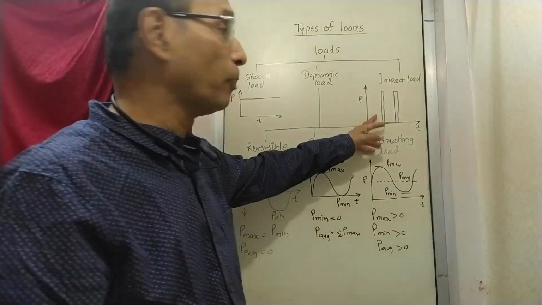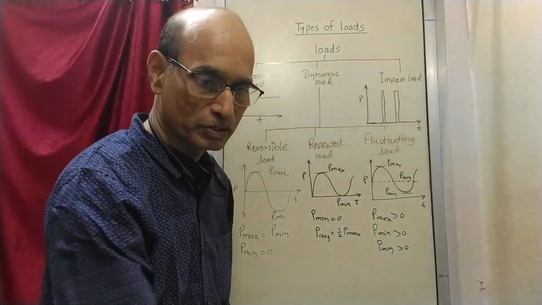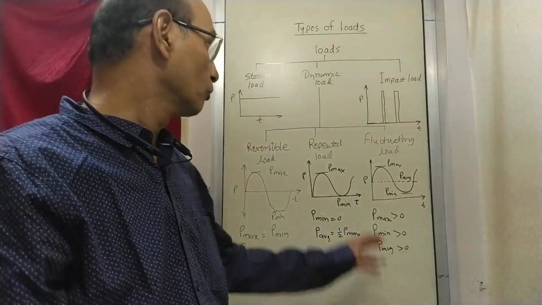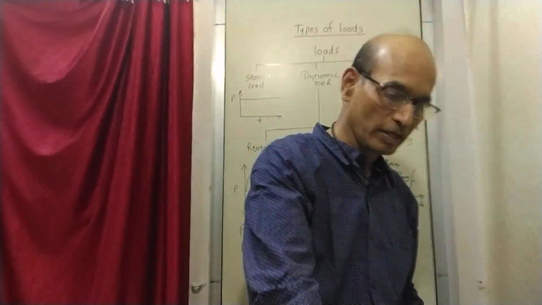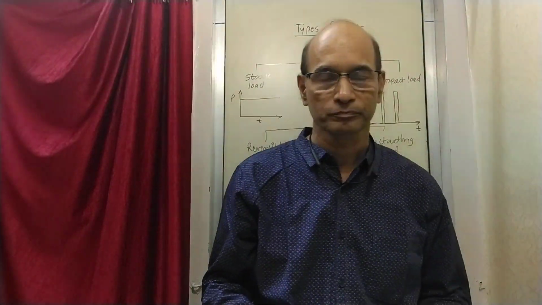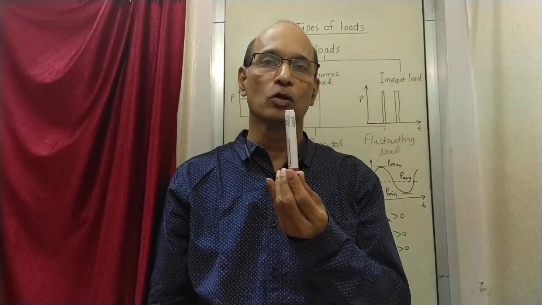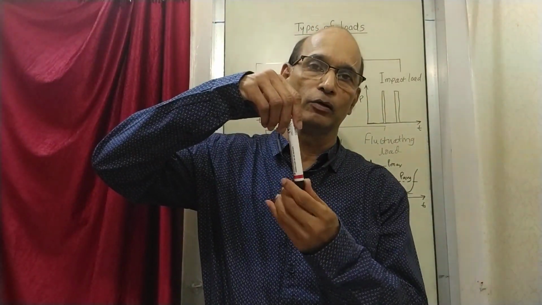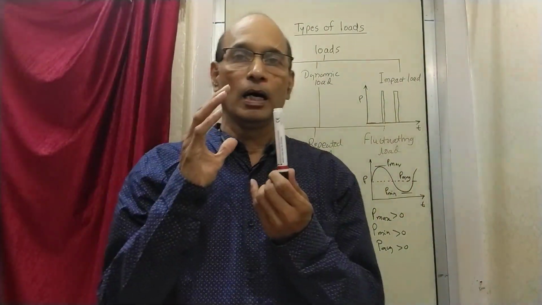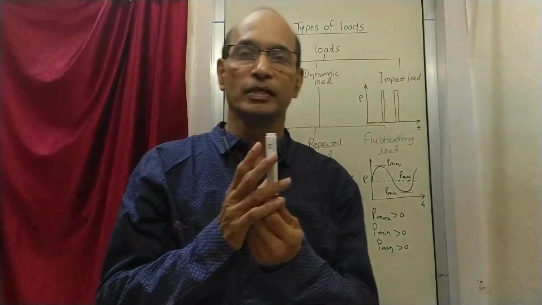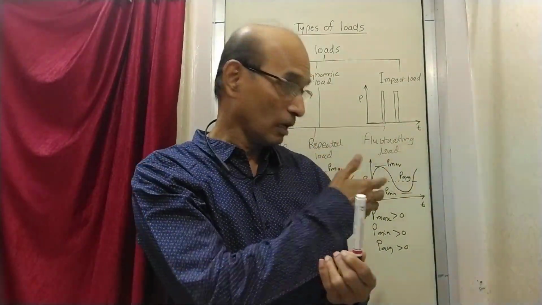So that is the impact load, and they are the three basic types of loads which we have just now seen. Now let us see what happens when a load is acted upon a part. Take this example, suppose it is a rod. On this rod, let us say we have started applying a load. We are taking a case of what happens to the object when the load goes on increasing. That is what we are now going to discuss.